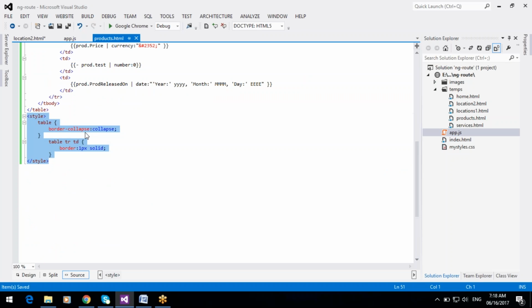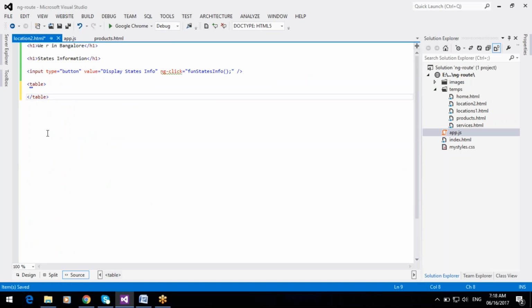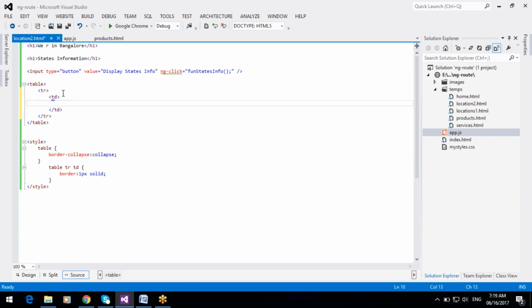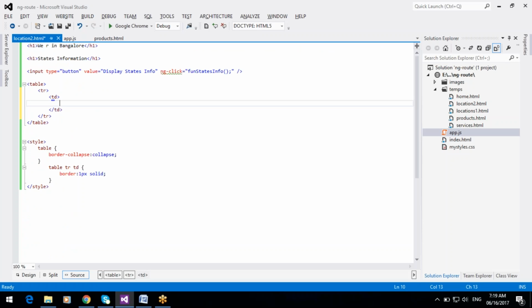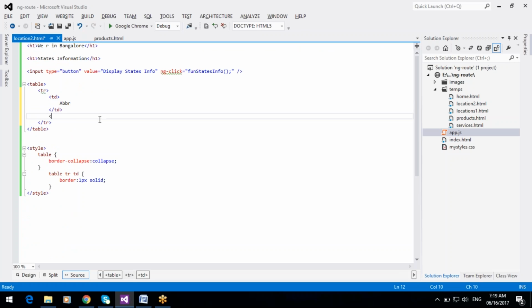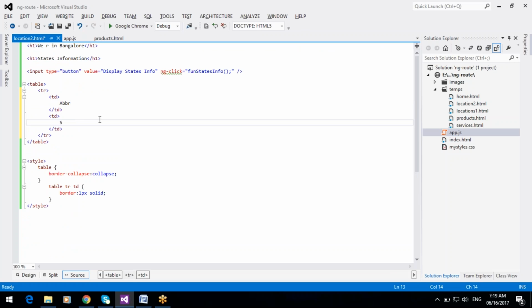You can use these styles: TR, TD, abbreviation, and state name. These two I want to display.